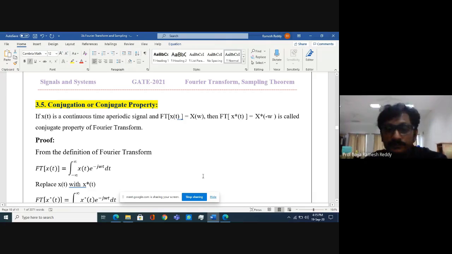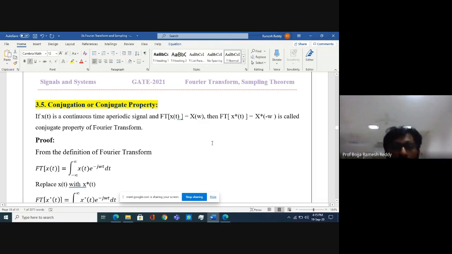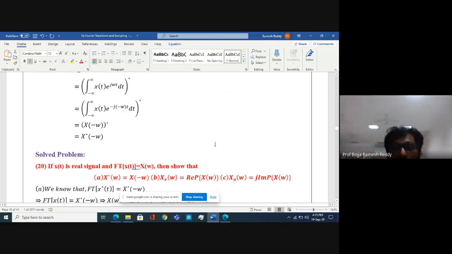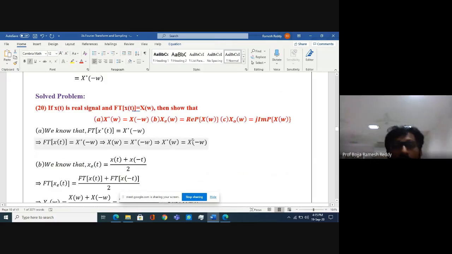Okay. Now, again, derivation is not required. See this formula. See this problem given in competitive examinations. If x of t is a real signal and the Fourier transform of x of t is equal to X of omega, then how are X star of omega and X of minus omega related? These two are the same. X star of omega is equal to X of minus omega,